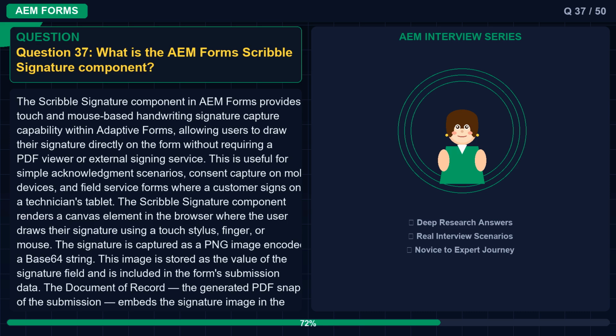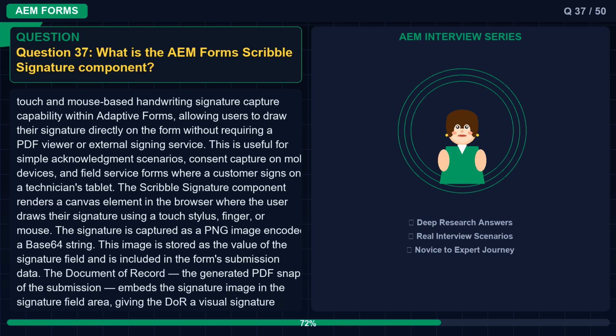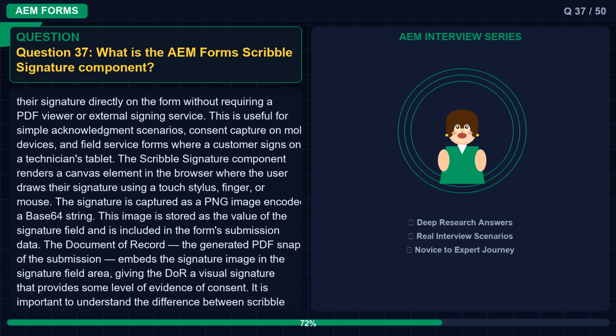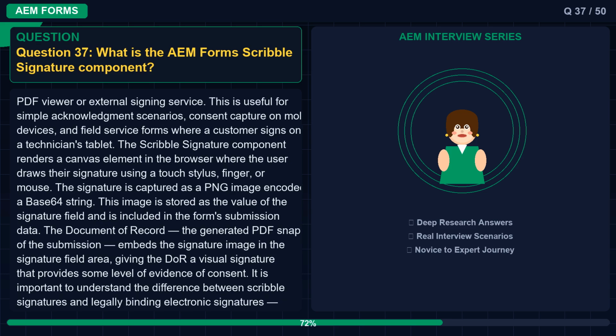Question 37. What is the AEM Forms Scribble Signature component? The Scribble Signature component in AEM Forms provides a touch and mouse-based handwriting signature capture capability within Adaptive Forms, allowing users to draw their signature directly on the form without requiring a PDF viewer or external signing service. This is useful for simple acknowledgement scenarios, consent capture on mobile devices, and field service forms where a customer signs